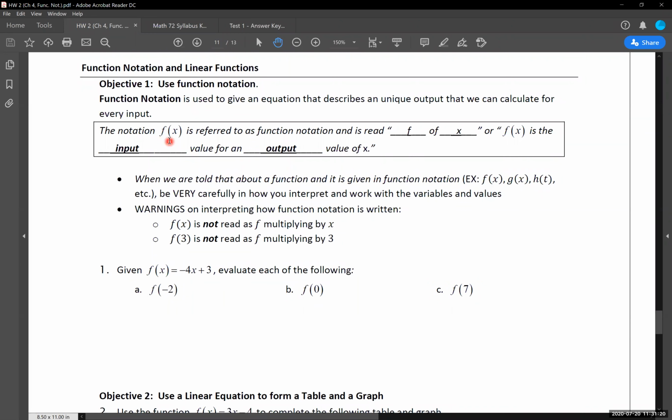So we're going to start seeing it written in a form like we have here. We have an f, a parenthesis with a variable inside, in this case x, and an ending parenthesis. This is the notation referred to as function notation. And this is not written or read as f times x, it's read as f of x. f of x has the input, and in this case, f of x is the...